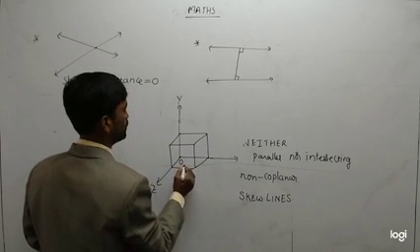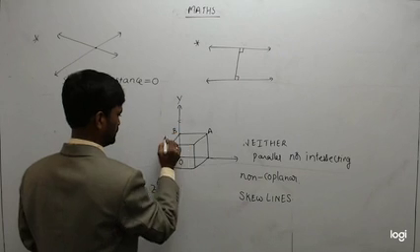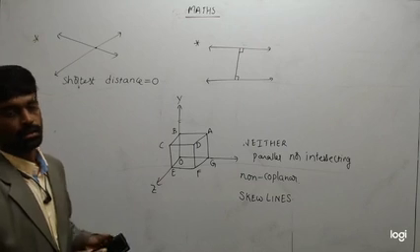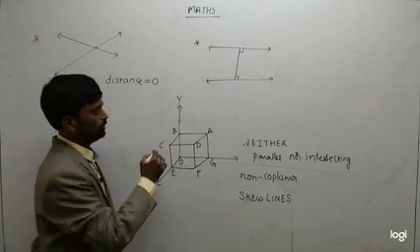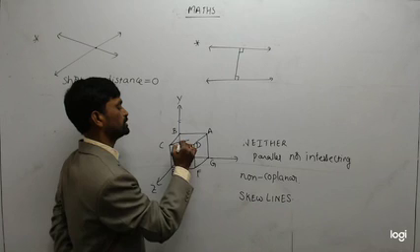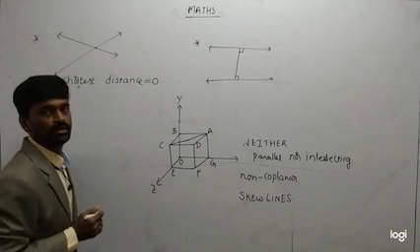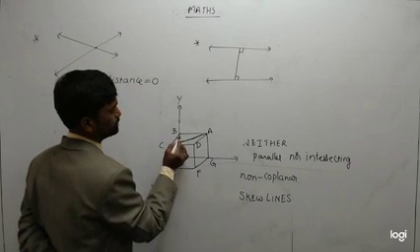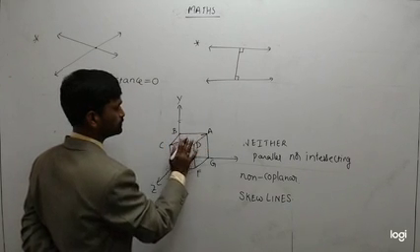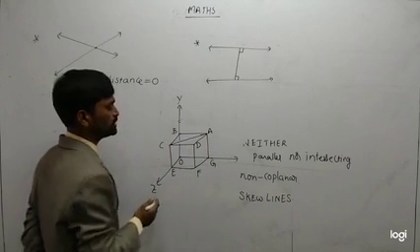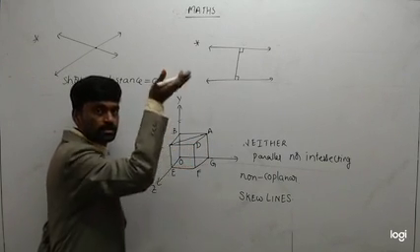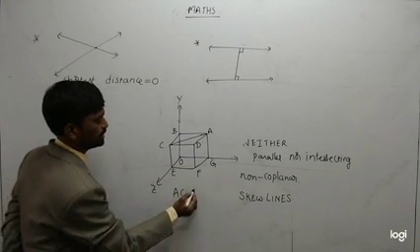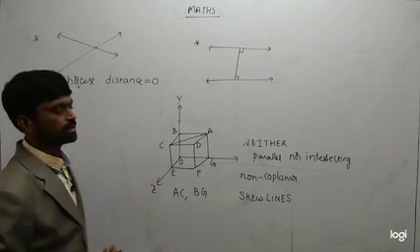So you consider this cuboid O, A, B, C, D, E, F and G. Then this face diagonal means this line AC, and the line BG. So this line AC is what? Where is it? It lies in the top. Then the line BG. This line AC and the line BG, these two lines are skew lines.